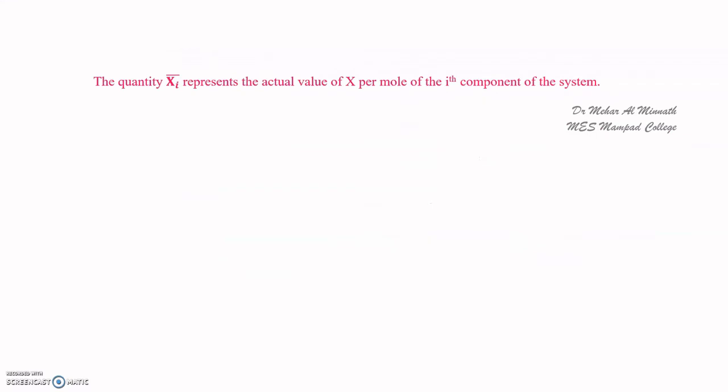Now, the quantity Xi bar, which represents the actual value of X per mole of the ith component of the system. Okay, so if you have Gi bar, it represents the actual value of G per mole of the ith component. Alright, so this value may be same or different from the actual molar value in the pure state. So when you mix it up, the value may be same or it can be different from that of the